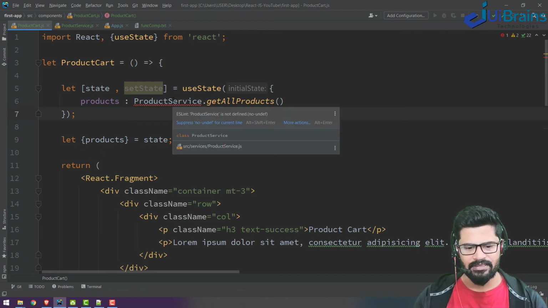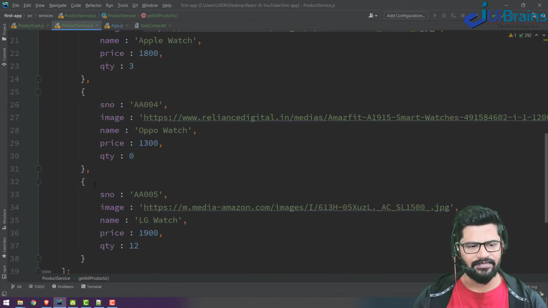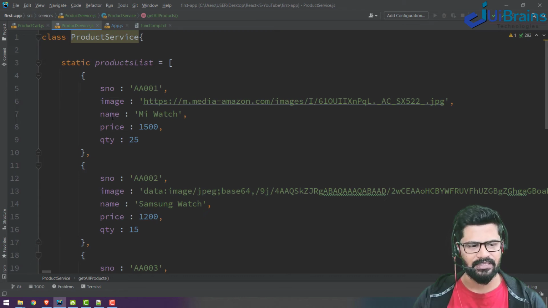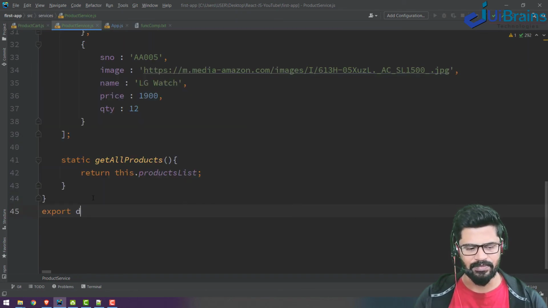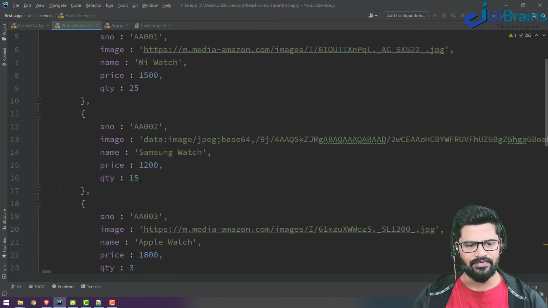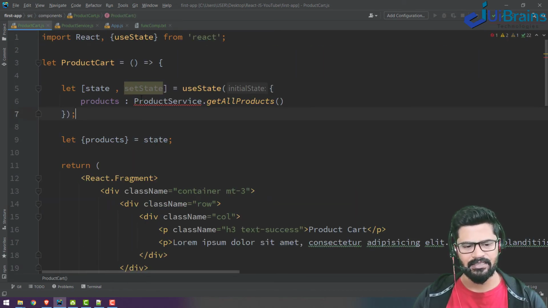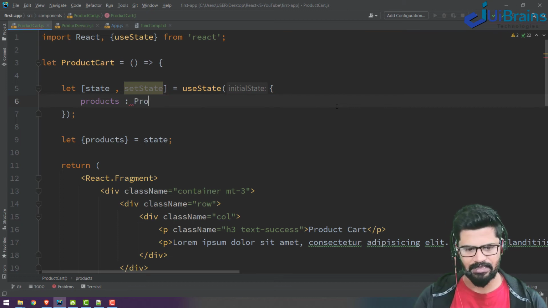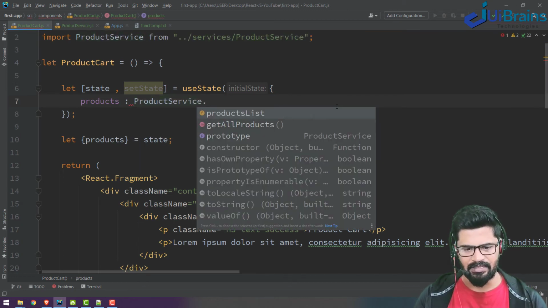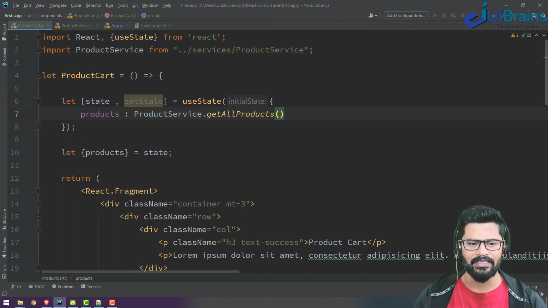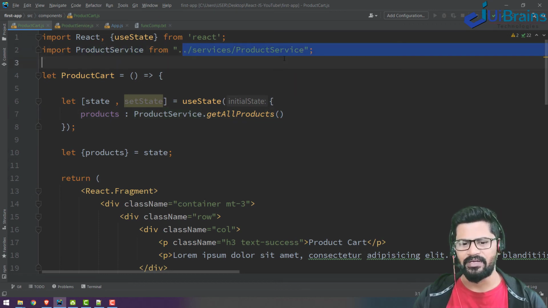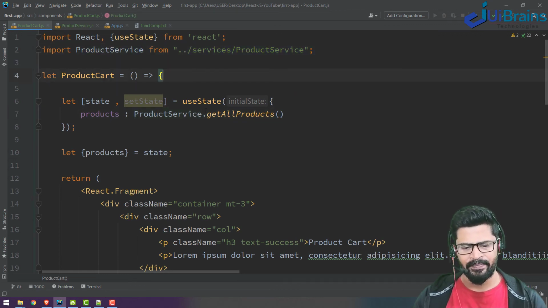I will have to export it, so I'll write export default ProductService. If you export it you can use it outside. Then you import the ProductService from the service file and call getAllProducts.